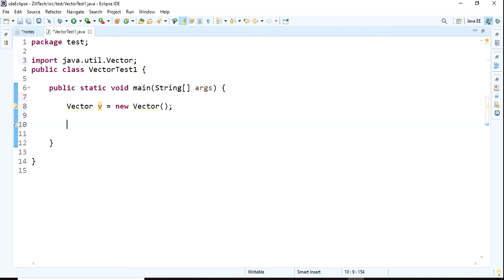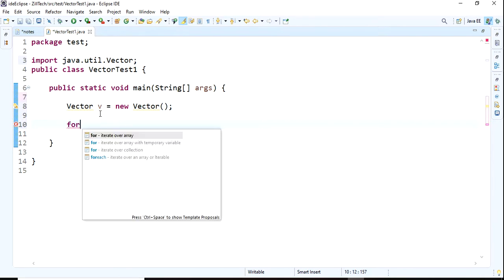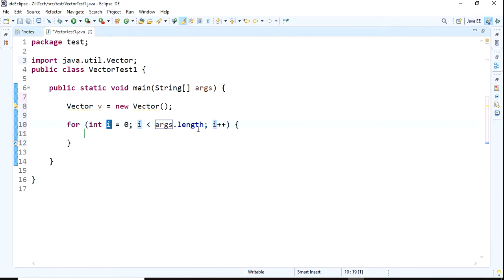Now I want to add elements, and we have a method called addElement. I'll take a loop, with i equals 0, and go with only 5 elements. Here I write v.addElement(i).